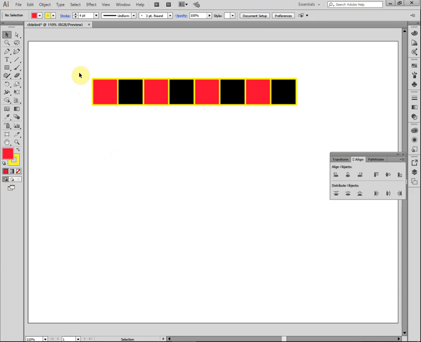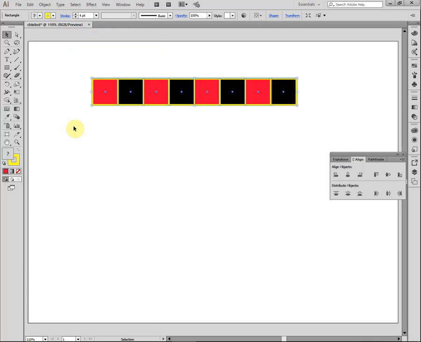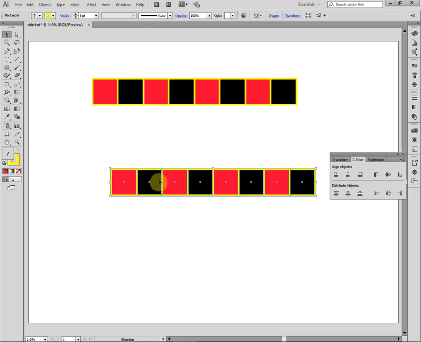Okay? But checkerboards alternate. So what I'm going to do now is I'm going to select both of those groups, and I'm going to group both groups. Okay, now both groups live in a single group. And when I select them, you can see they all select at the same time. Okay, so what I'm going to do is I'm going to Control C and Control V,